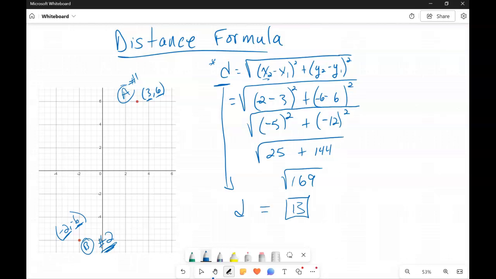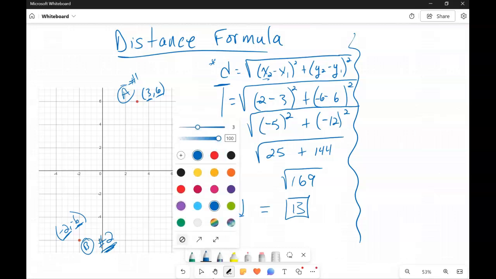Now I do want to show you a quick other way that you could approach this, because the distance formula can look a little bit involved. It's not really. But the distance formula is really just another take on the Pythagorean theorem that a lot of people have learned in earlier grades. I'm going to leave this process here so we can see that as a reference point in just a second. But if I go back to my graph, this time what I'm going to do is